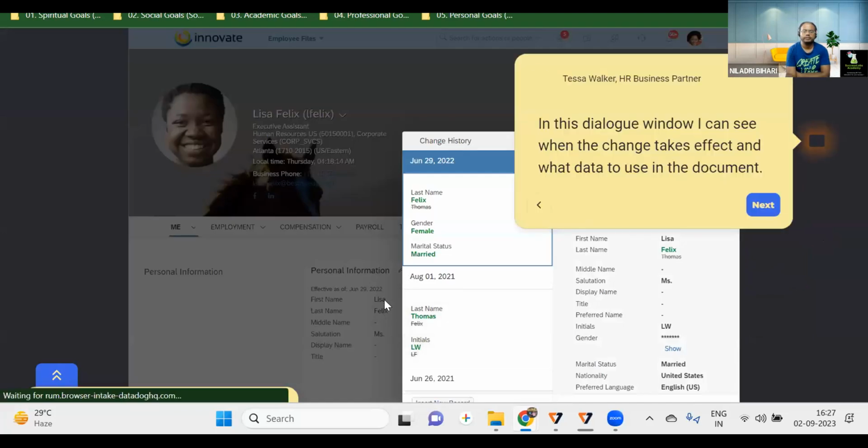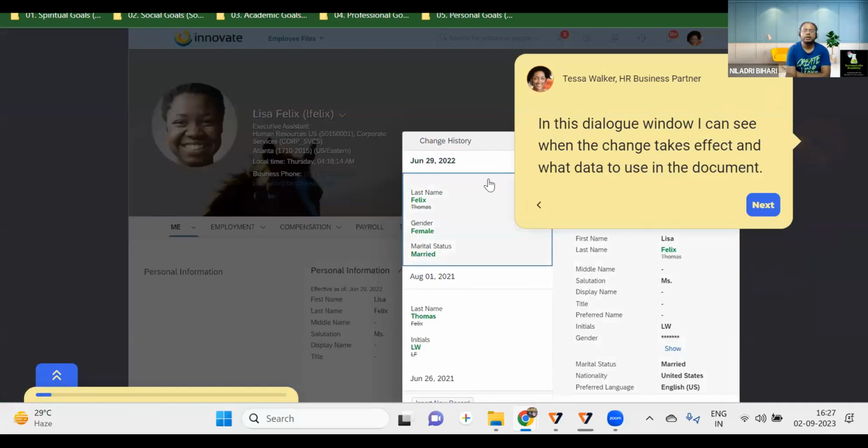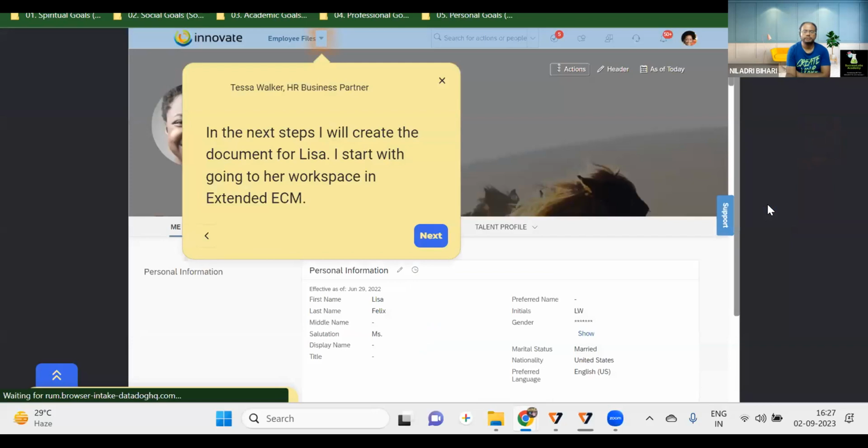Okay, here like this. If you see, there will be a dialog option like this, and when the date is changing, you'll be seeing the effective date here, and you check what data to use in your document, right? So now what you will be doing,